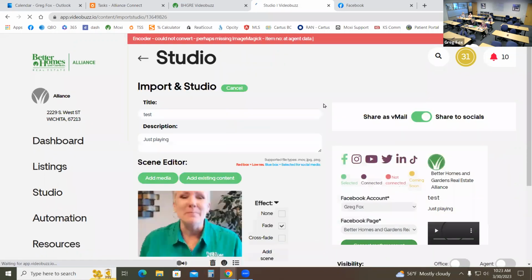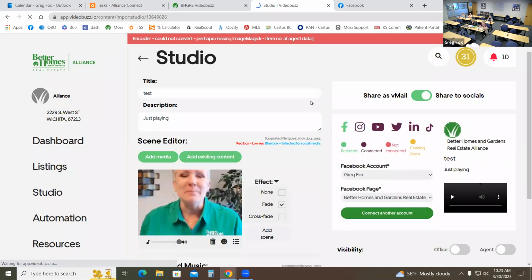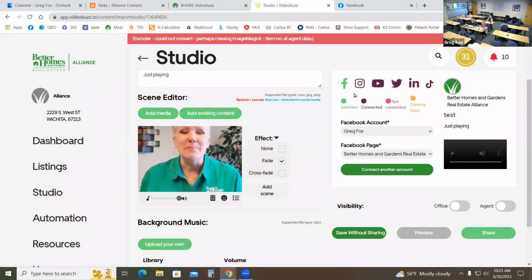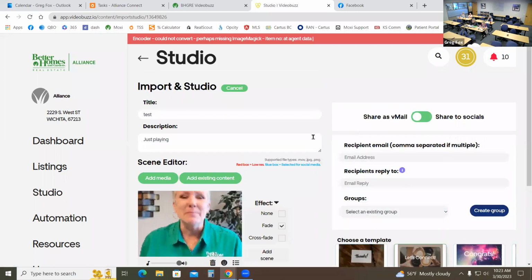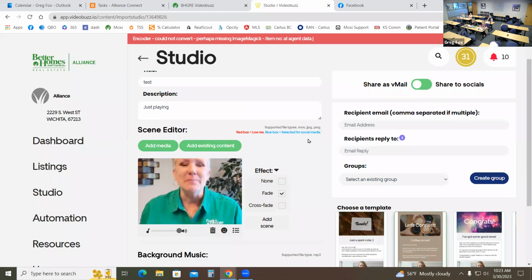And one of the things I like about that is that I can share it out to social media, or I can share it via what they call Vmail. So a Vmail would be, I'm going to have a group of people in here, all my buyers, and I could send a video just to the buyers. I could have a group that says all my sellers, send a video just to my sellers. However you want to do it. It embeds the video in the